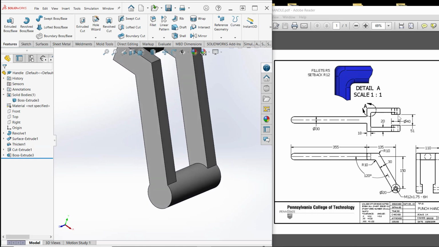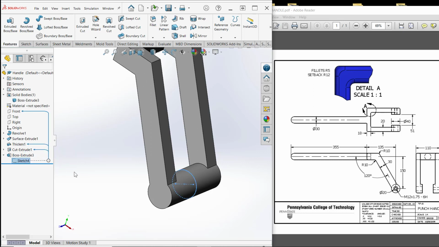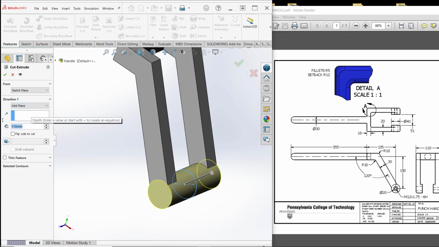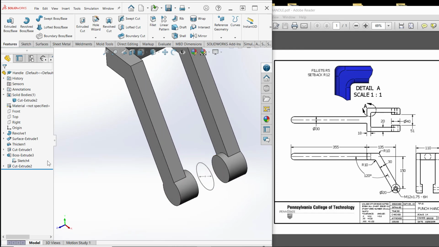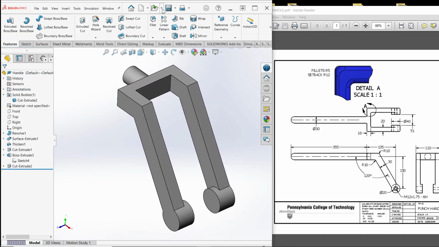Alright, now we only want the portion from here to here and from here to here. We don't need the 51 in between there. So I'm going to right click on this sketch and turn the visibility on. So I'll do show. Let's highlight that sketch so that it's highlighted in the browser. It's highlighted over here in the graphics window, and I'm going to do extrude cut this time. So I'll do extrude cut. I'm going to go mid plane, a distance of 51. And so that cut that portion out in between there. I'll hide that sketch, save it,